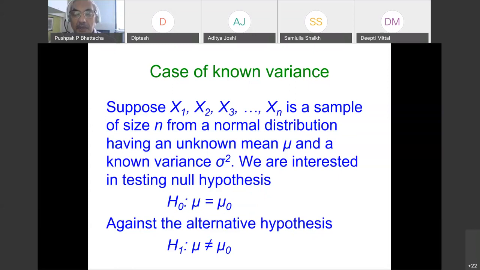And our particular situation is that the nicotine content has fallen below 1.6. Okay, so we are interested in mu less than mu naught. So it is a special case of mu not equal to mu naught. Now, mu not equal to mu naught is called two-sided test. Okay, mu not equal to mu naught can be both greater and smaller. Now, our situation of nicotine content or word error rate for the ASR is a one-sided tail test.